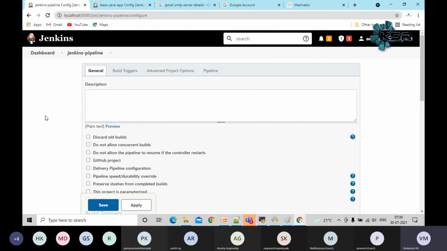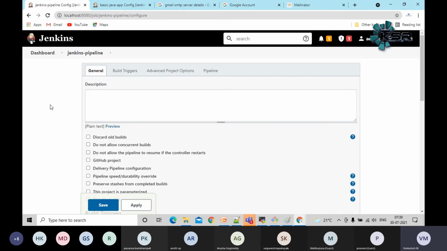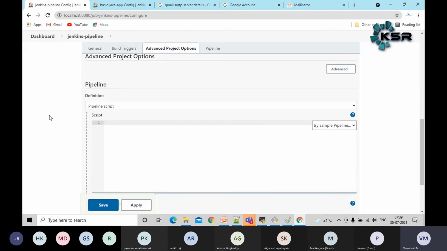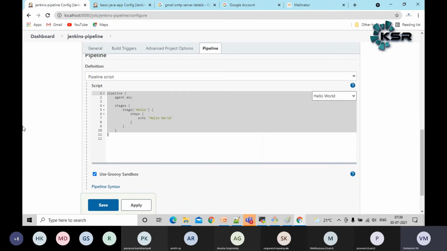However, in the pipeline job we don't have many options. Why? Because we need to write some code, guys. When I say write some code, you don't need to bother. You only need to know one programming language by heart. Wherever you go, even Microsoft or Google, they will use the same. Here, with pipeline as code, we need to write some Groovy script. We can have a sample script here. As you can see, try the sample pipeline, you can click on hello world. This is a very basic pipeline. I will cover this after completion of the workshop.